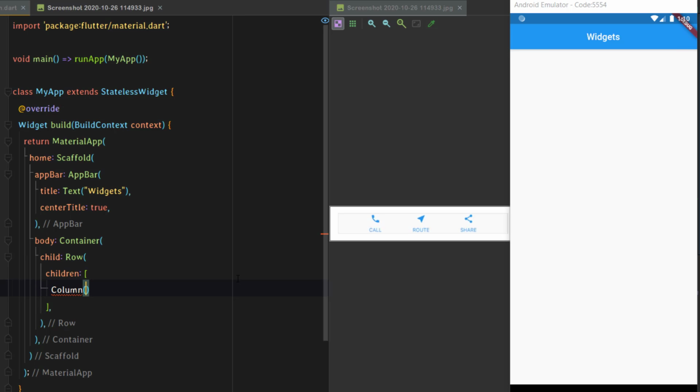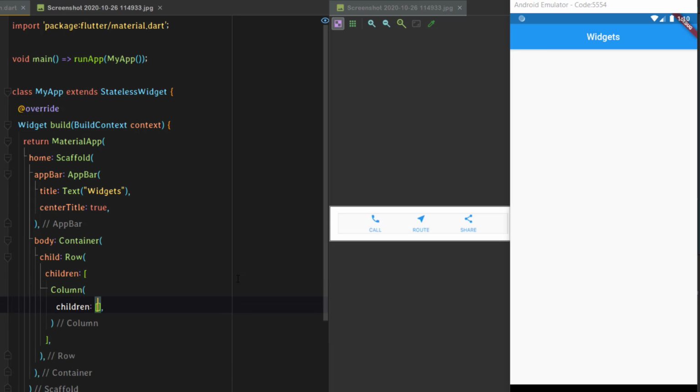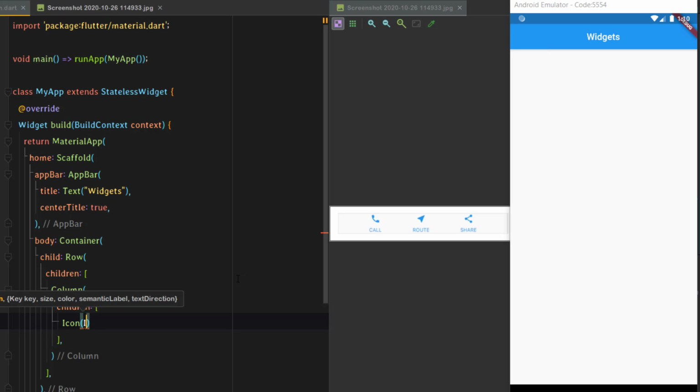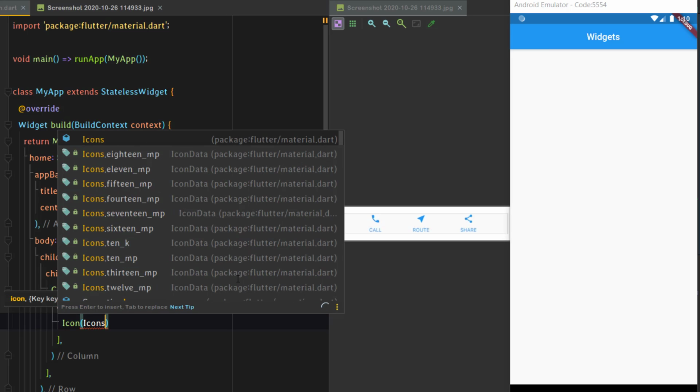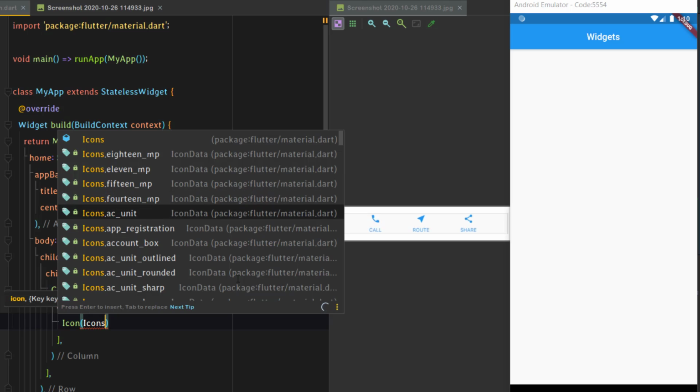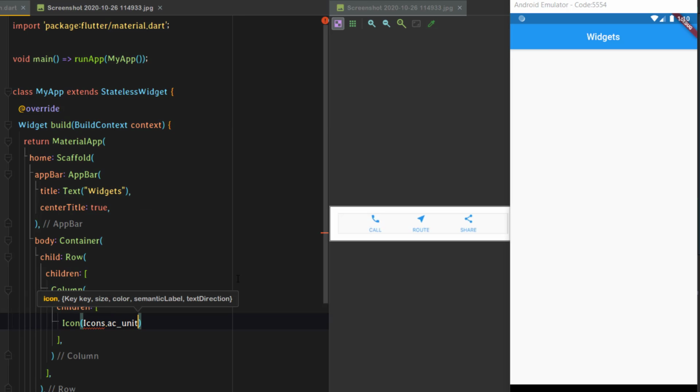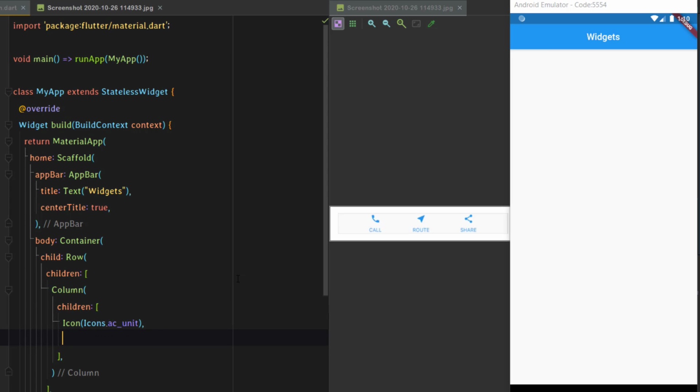In this column I can add further children, and each of these columns is going to contain an icon. We don't need to take the same icons as shown in the picture. We'll take any one icon randomly, maybe this AC unit as one of the icons, and under each of these icons we had a container which had the text.